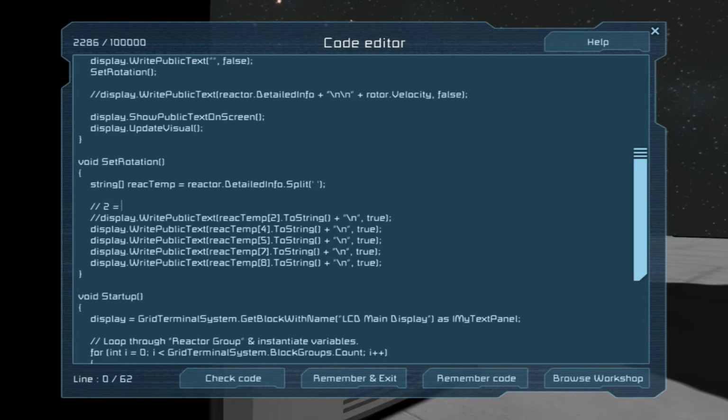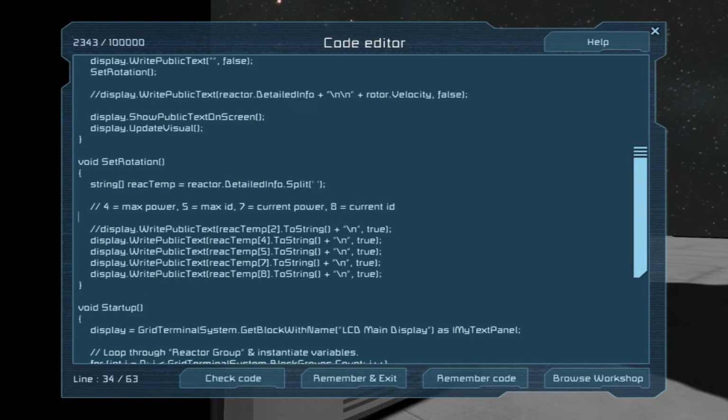So let's say 4 equals max power, 5 equals max ID, like identifier, for what measurement it's in. 7 equals current power, and 8 equals current ID. And this will help us to basically separate them all out for what we need to do.